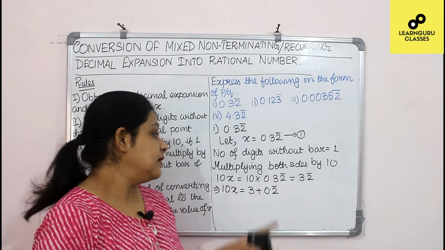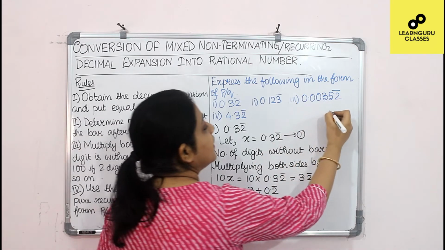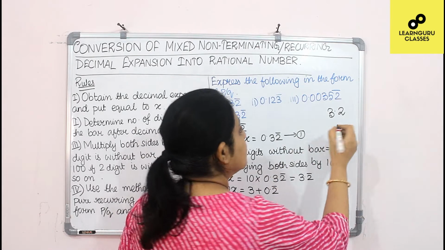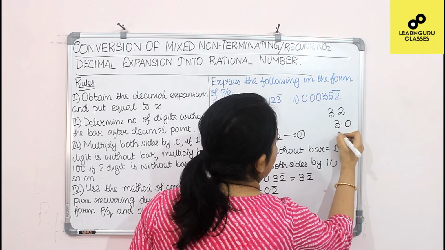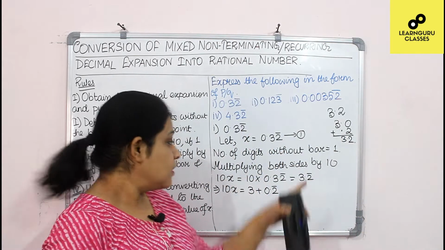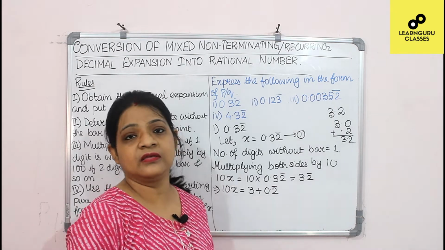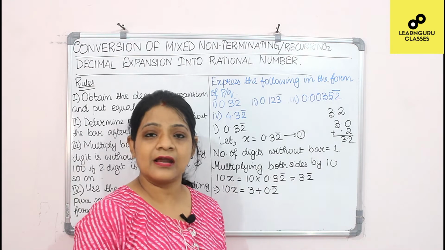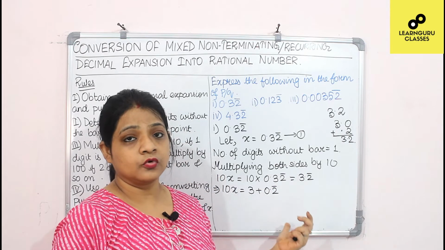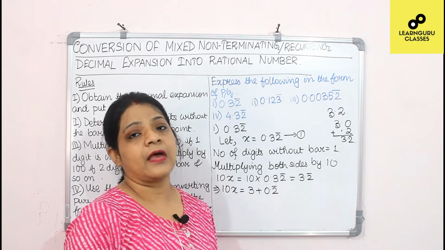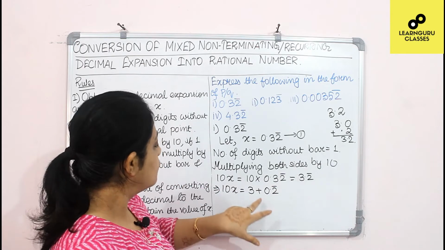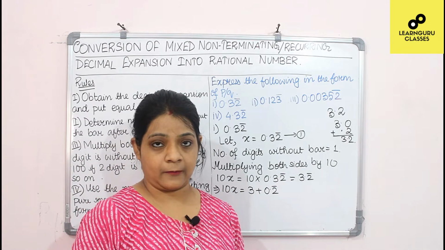Yes, can I write? Yes, I can write, because suppose 3.2, let us forget that it is a recurring decimal. So what we can do is 3.0 plus 0.2, that is 3.2. Similarly here also the same thing is happening, only the difference is that there is a recurring bar, the bar is above the 2. So this is the difference. So I can write 3.2 bar as 3 plus 0.2 bar.